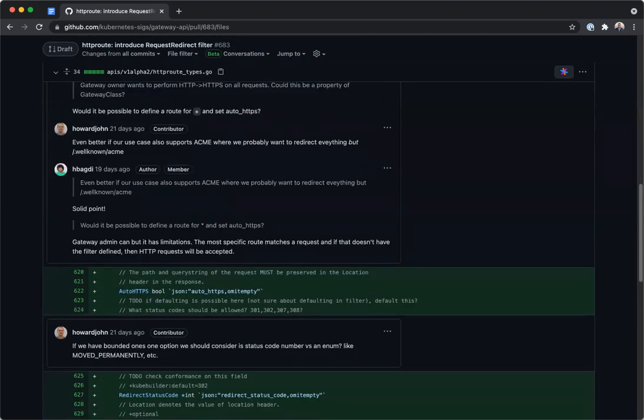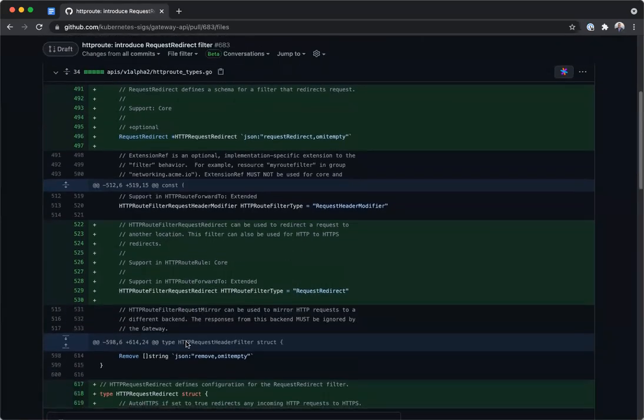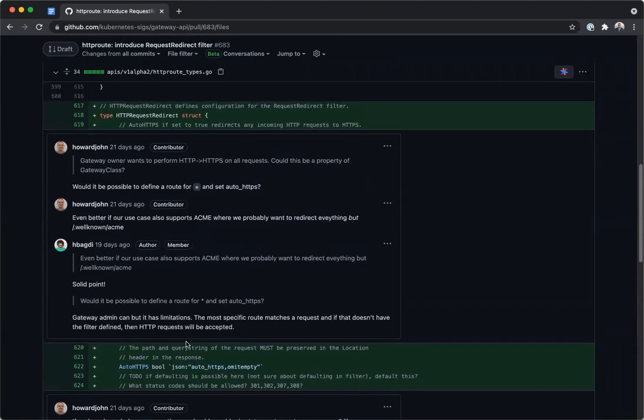And what's the alternative? I think the only alternative is to make another top level field on the same level as forward to, that's just redirect to. I see. I think that is adding more complexity than we need. I think a filter may be fine here. We can always go back and add that field. Yeah, so that was one reason that I was like, okay, let's use filters for these features, because we can argue it certain ways, but it increases API surface in a way that is easier to tackle or change,